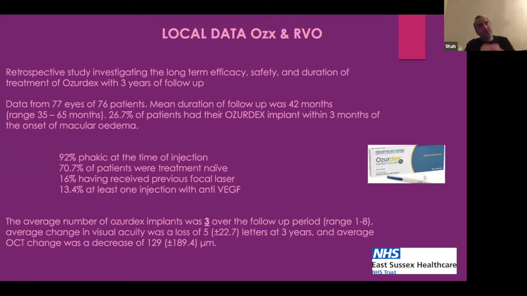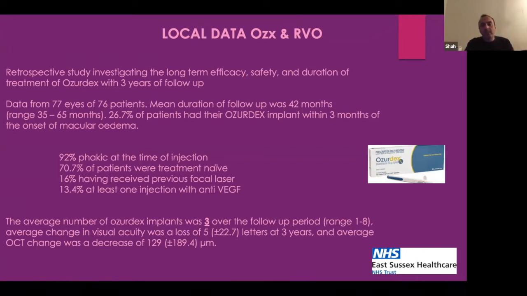So they often include patients who are phakic. They will only give 2 implants. So often the vision doesn't look as good as anti-VEGF therapy. But actually, if you look at the pseudophakic group, or group after cataract surgery, and if you try and do 3 implants in a year, the results are not too different. And I'm not taking anything away from anti-VEGF, it is very good, but I just think monthly injections are very hard.